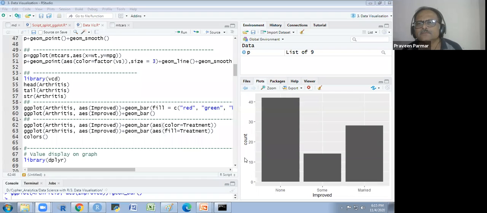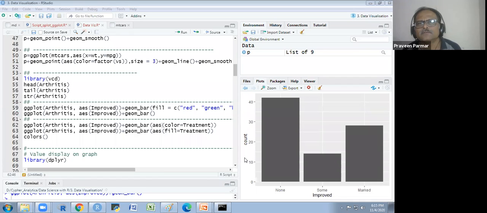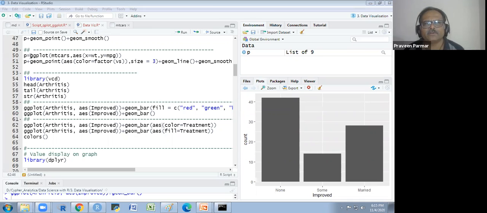Are you getting? Yes, sir. So actually, ggplot is a form of bar plot, or we are drawing here just ggplot as a bar plot. What does it mean by that? ggplot is a main thing. It is a main function. ggplot is just like a quick plot. We developed the qplot, and the ggplot is the main function. And there are some other layers we put on ggplot. That layer is the geom bar.